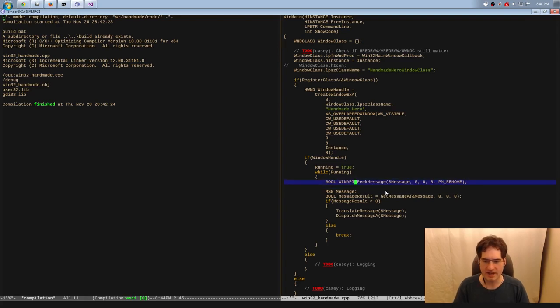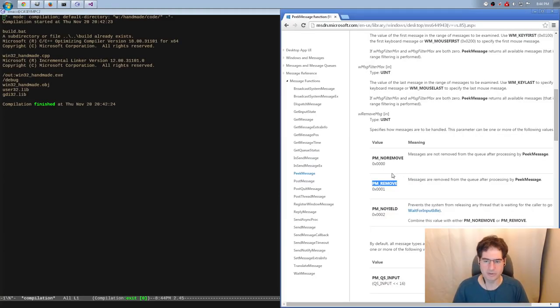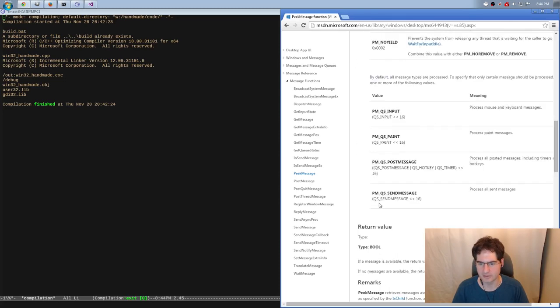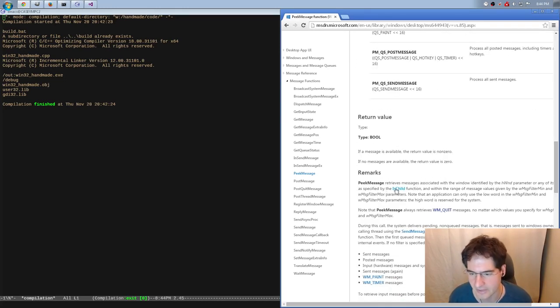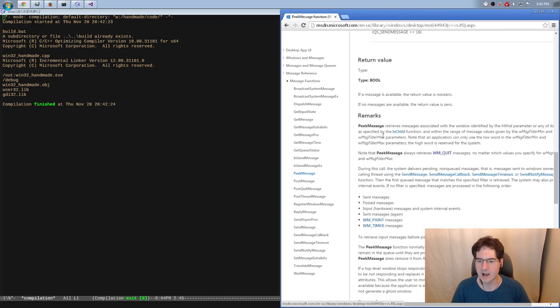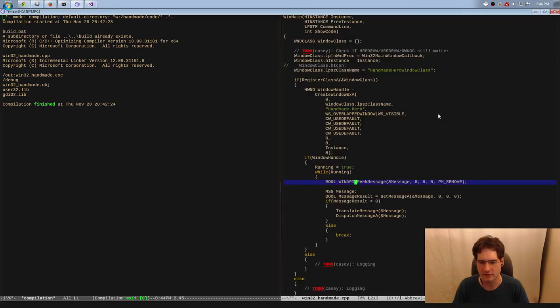PeekMessage. Now that's going to return a bool, and we need to know what that bool is. I assume the bool is whether or not there was a message, but let's go ahead and verify that. It's been a long time since I've actually written one of these loops. I always have the same loop I've been using for years, to be honest with you. Cut and paste reuse, that's the way you do it. Okay, so PeekMessage: return non-zero if the message is available. If no message is available, return 0. So all we need to do is say if we got a PeekMessage,